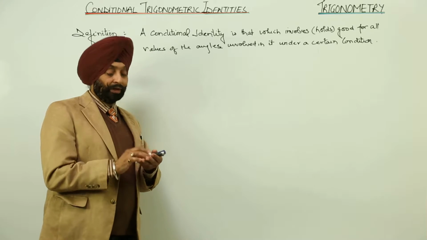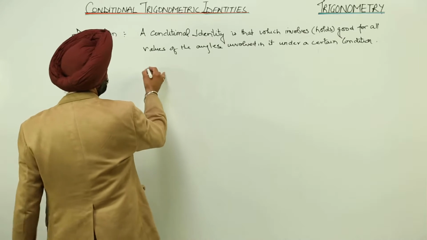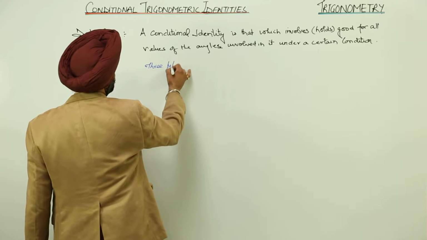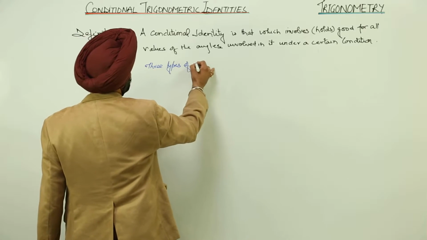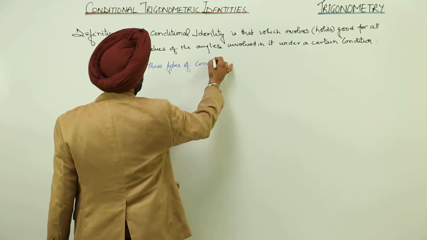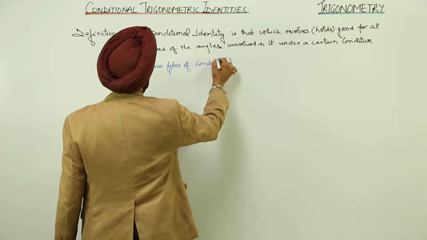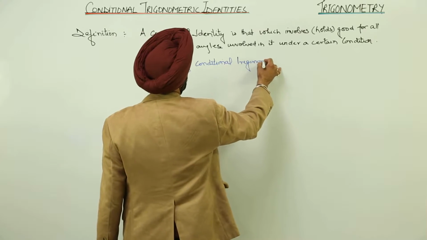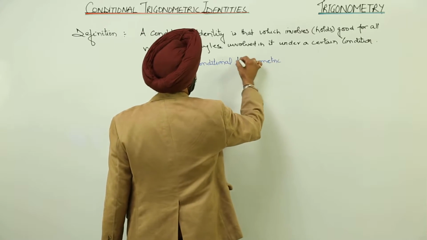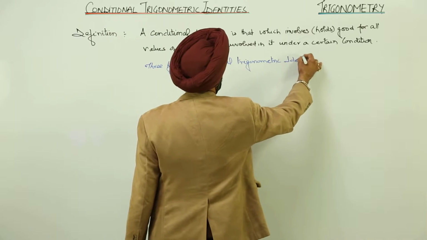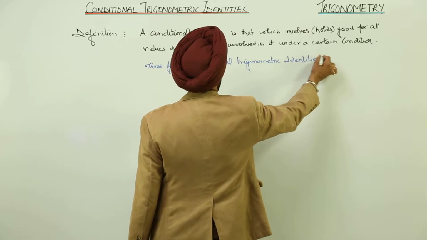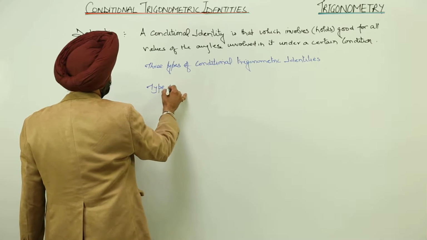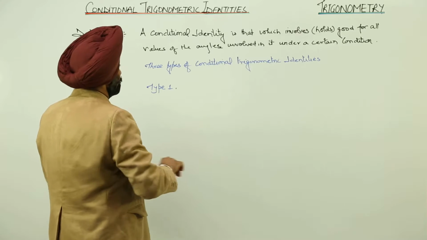Now we are having three different types of identities. In our syllabus we are dealing with three types of conditional trigonometric identities. Now what are the three types? Type 1. Now type 1 is